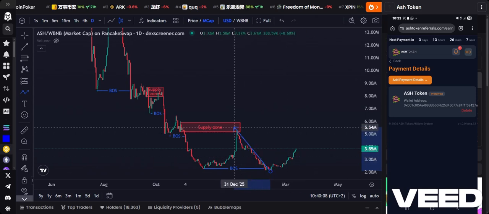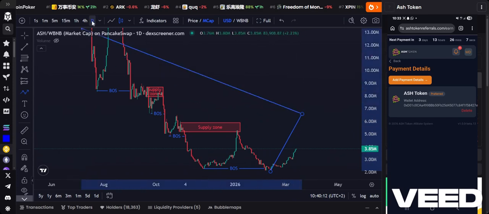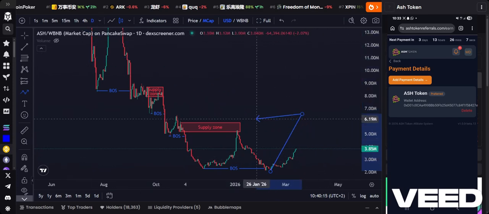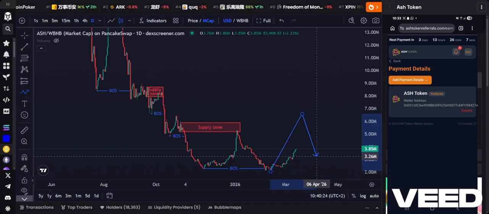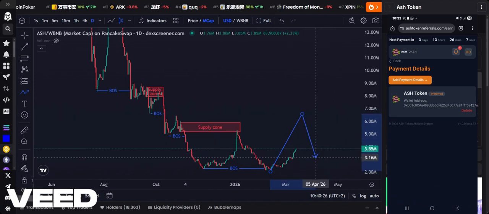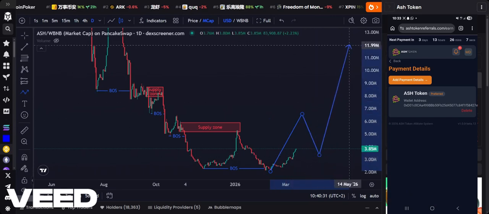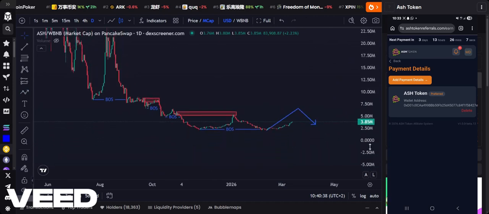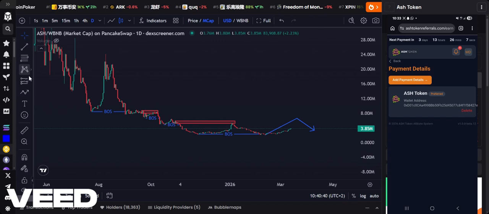Now, if you see price breaking above this previous supply zone, that is your sign. Don't forget that this is the daily time frame. So it might take some days, maybe 1 week or 2 weeks, for price to break above this supply zone. Then we can look for a fair value gap or a demand zone that caused that change of character. Then we can begin to buy the coin to the upside, looking at maybe the 10 million market cap, or even the 20 million market cap.